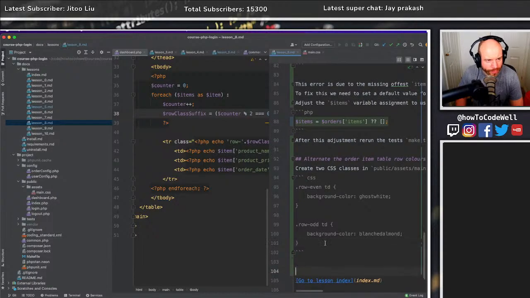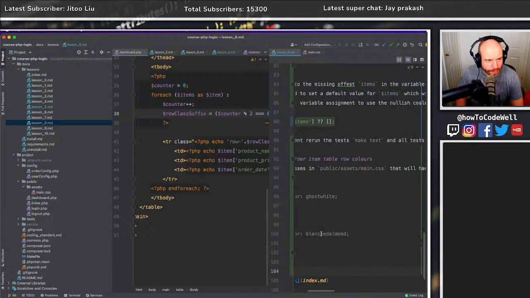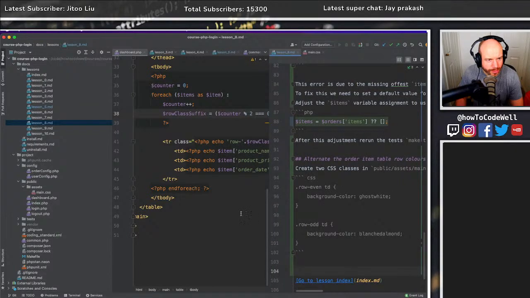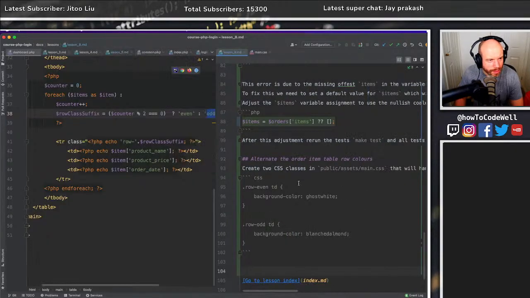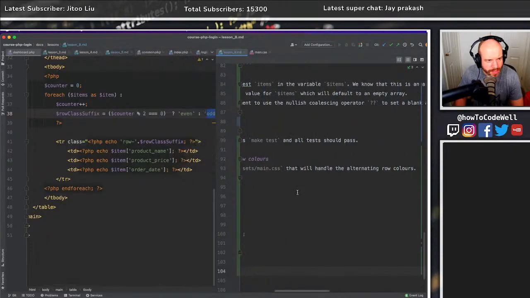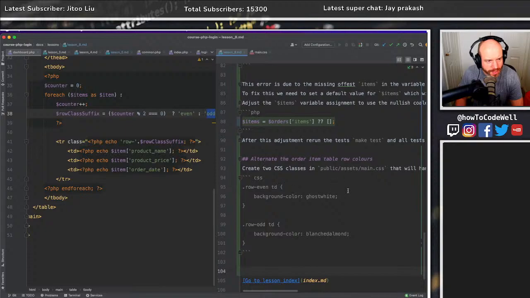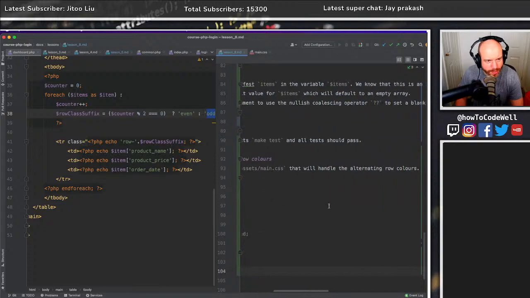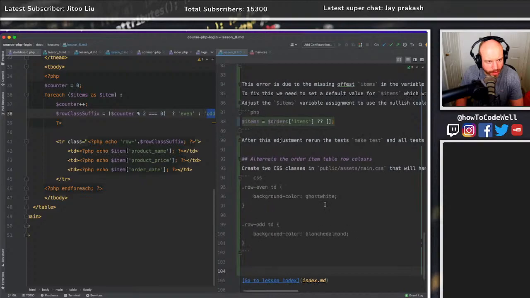Okay, so create 2 CSS classes in main.css that will handle the alternating row colors. Okay, next thing we need to do is adjust the